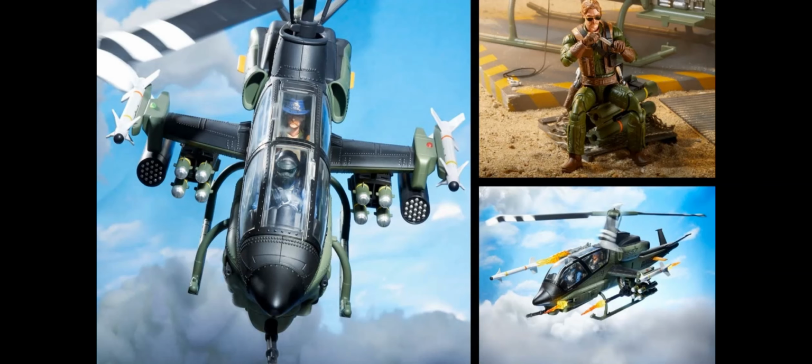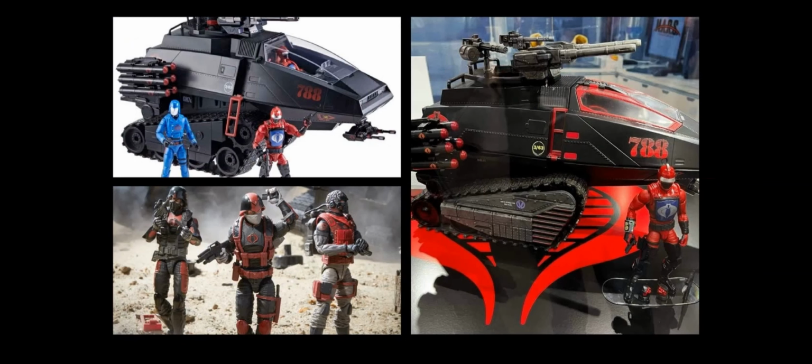And I can't wait to get this item to finally have my battle of my Hiss tank versus my Dragonfly. I will be like a kid in the candy store when I get these particular items. Wild Bill looks amazing, and of course all of the tiered figures that were part of this look amazing as well too. But let's talk Hiss tank, and this